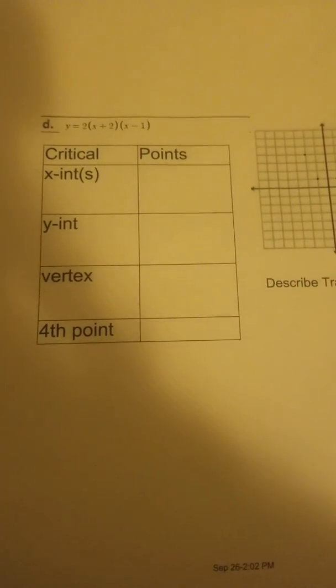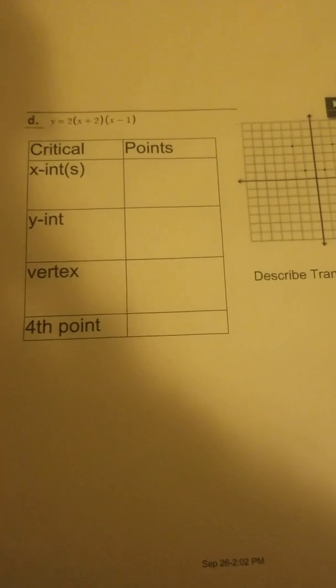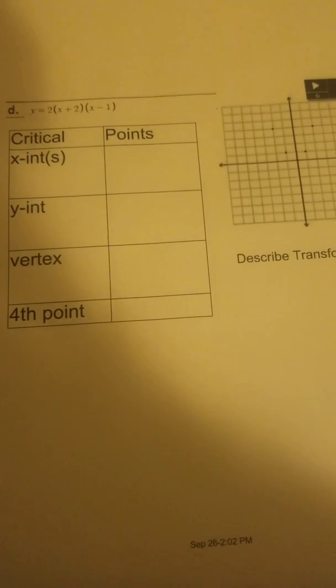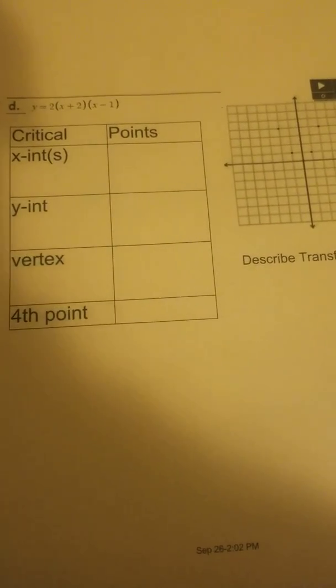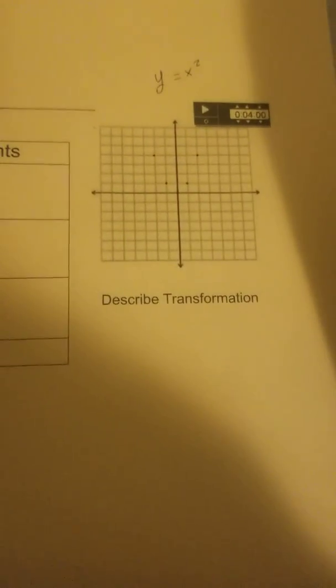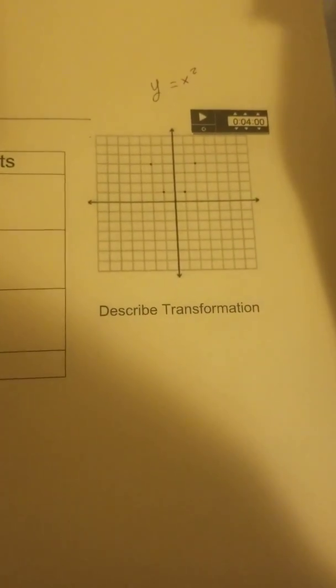Hello. So today I'm just going to graph this function. y is equal to 2 times x plus 2 and x minus 1. Before I graph it, I am going to graph the parent function. So the parent function is just y is equal to x squared. That way we can determine what transformations occurred